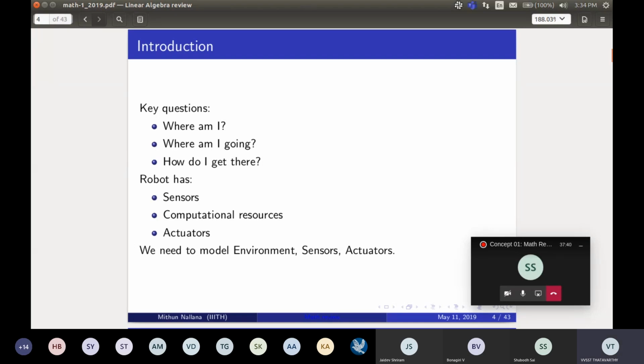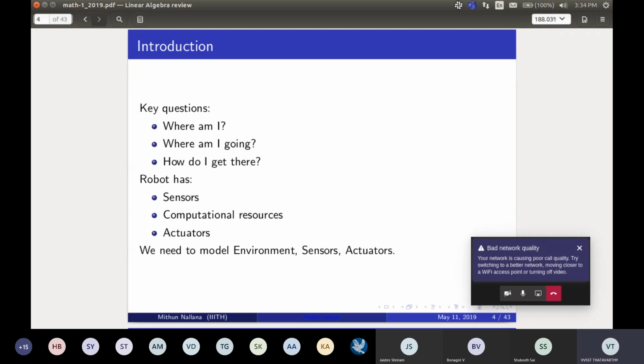So at the end of the day, you have to model the environment, the sensors, as well as the actuators, so that you can include all those mathematical models into equations and get them solved by your algorithm. Agnostic of all these models, sensors, and computation resources, in the first 2 days we'll just see, given a system of equations, how we solve them. It is just a review of your basic high school mathematics.